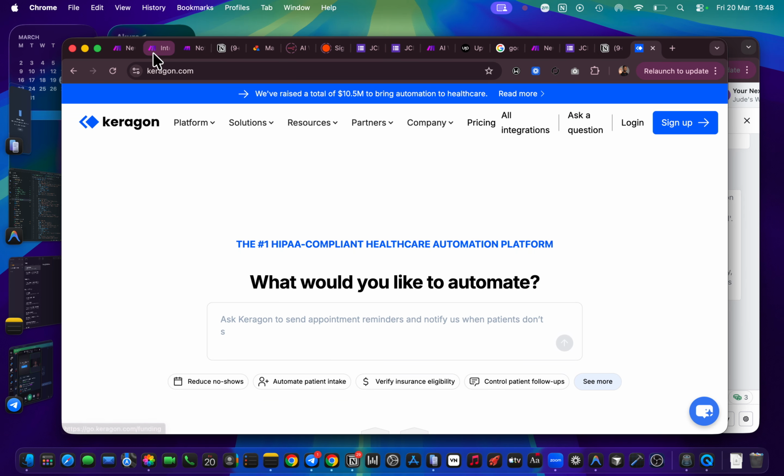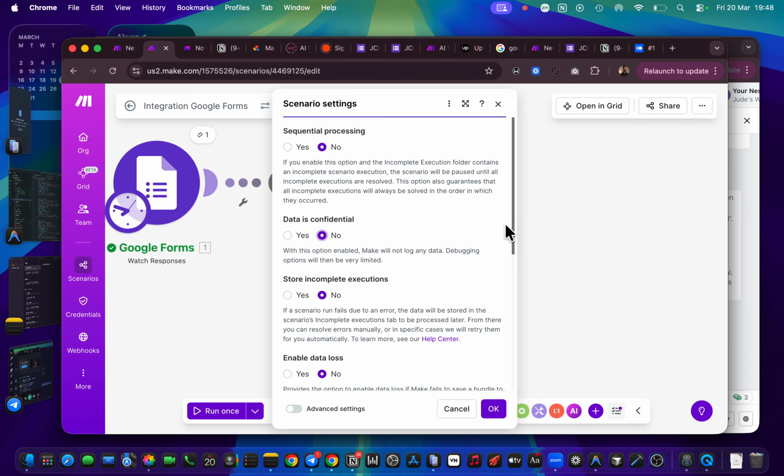So in this case, I don't use make.com for them. I use Keragon instead. So if you're also someone that wants to go into a niche like the health industry, you can decide to use Keragon instead. But you need to know that Keragon doesn't have a free mode like make.com has. But there's something I also mentioned, which is if you get to build and you're familiar with make.com, you'll be able to build on other AI automation platforms too, like Keragon, N8N, Zapier, Lindy AI, and many more. So you don't need to be scared.